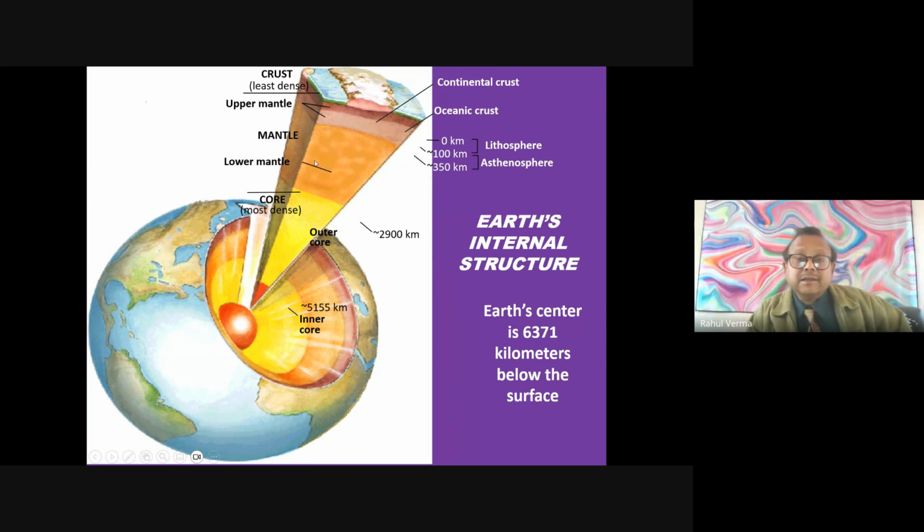But at this level, most of the minerals melt and become magma. So that's why the heavier elements and the minerals which have a higher melting point and higher freezing point are found at the lower part. But in the topmost part, we get light colored rocks, which are rich in silica and magnesium. For example, you must have known granites. You can find granites here. And below that, you can find gabbros and basalt, which are darker.